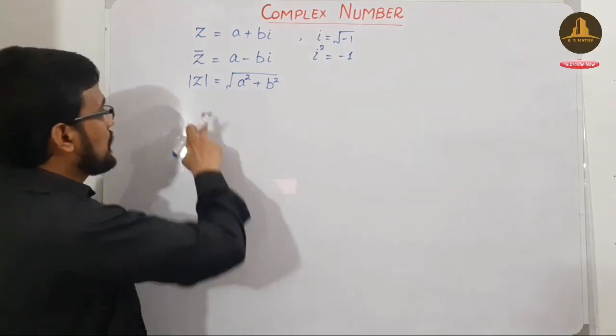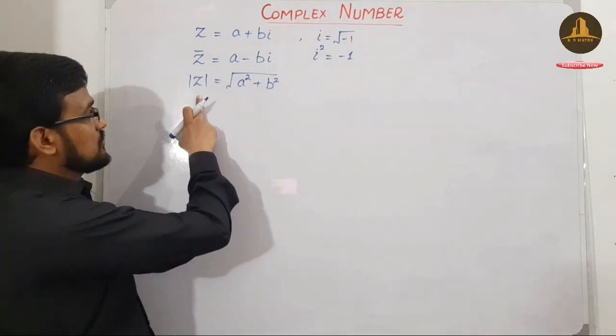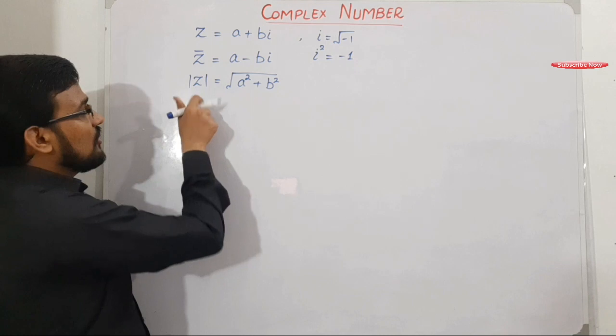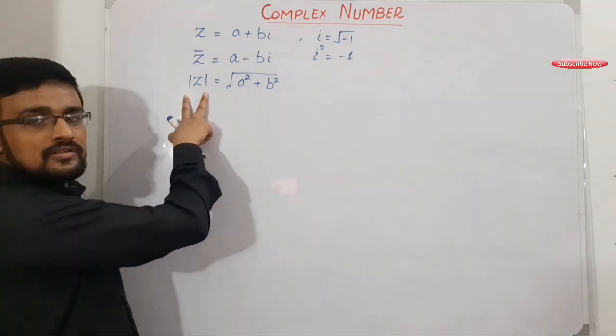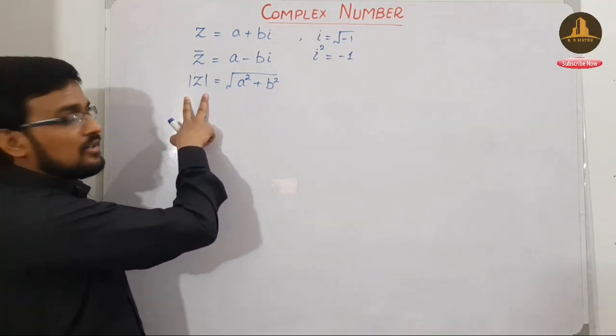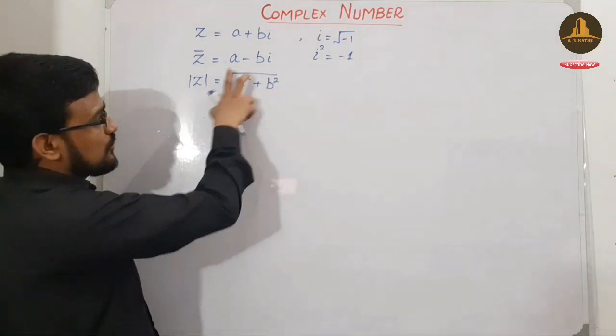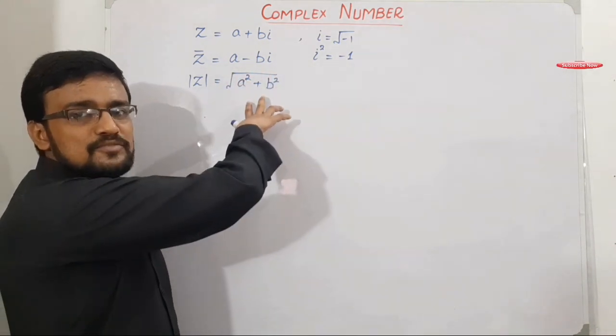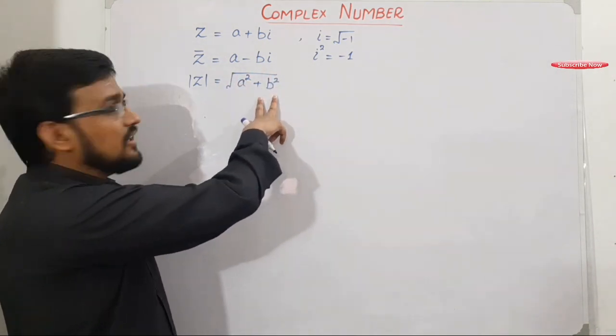Okay students, Z bar, this is a symbol for modulus. The modulus of a complex number is equal to the square root of a square plus b square. Okay,